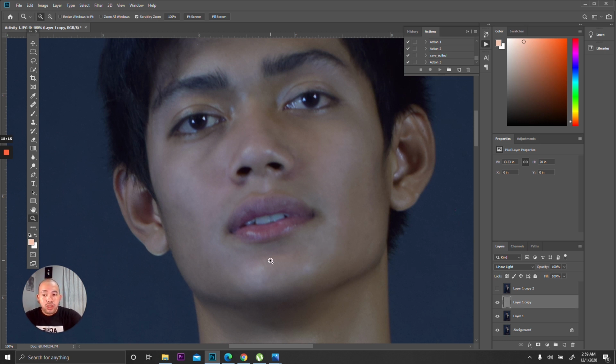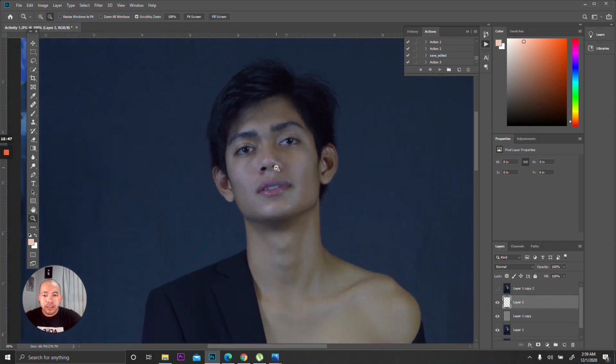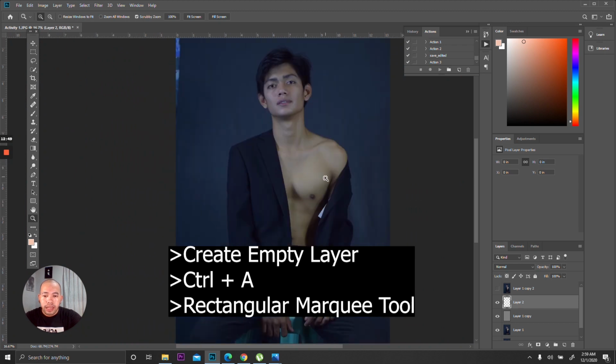So, we can use the dodge and burn. So, ang gawin natin, mag-add tayo ng light sa areas na medyo may light. So, to do that, mag-create tayo ng layer. To create a layer, i-click natin to, and then we already have a layer for next steps, and then